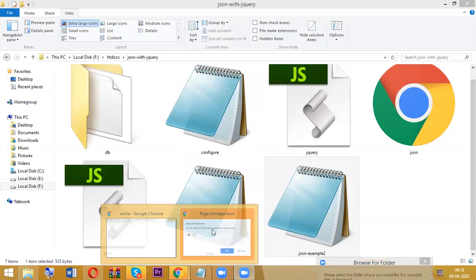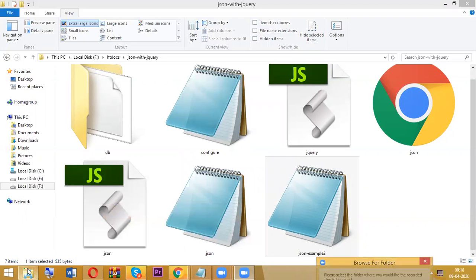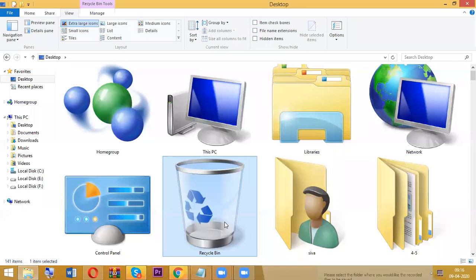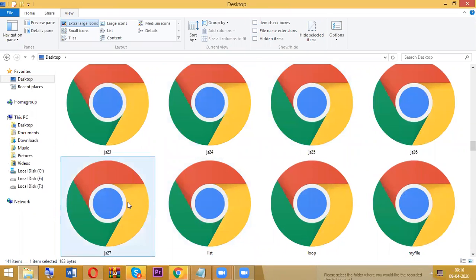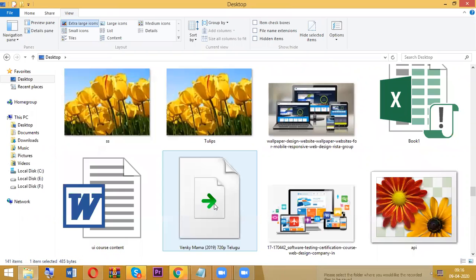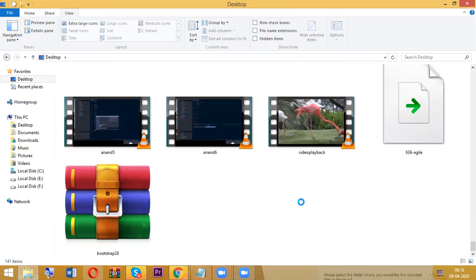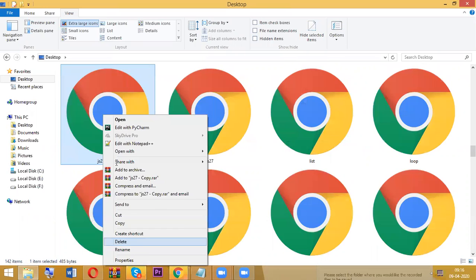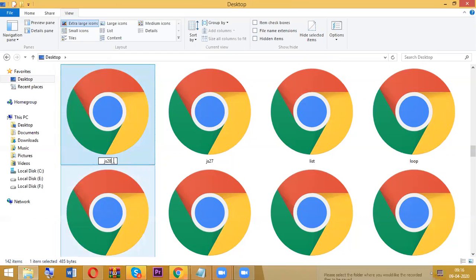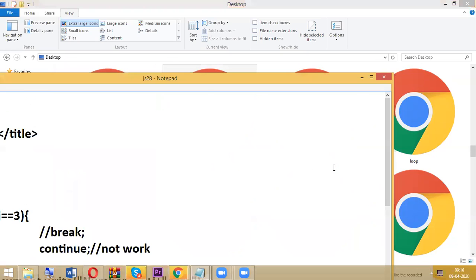So now here, do while loop. What is the last program number? JS27.